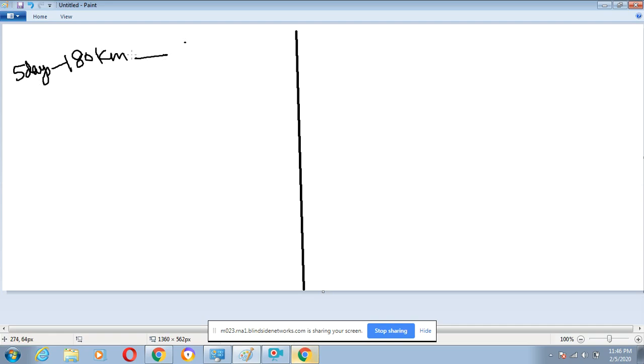Is it upward every day, or normal? Okay, a cyclist rides 180 kilometers in 5 days. Yeah, it's not up or down, something like that. Okay. So after that,